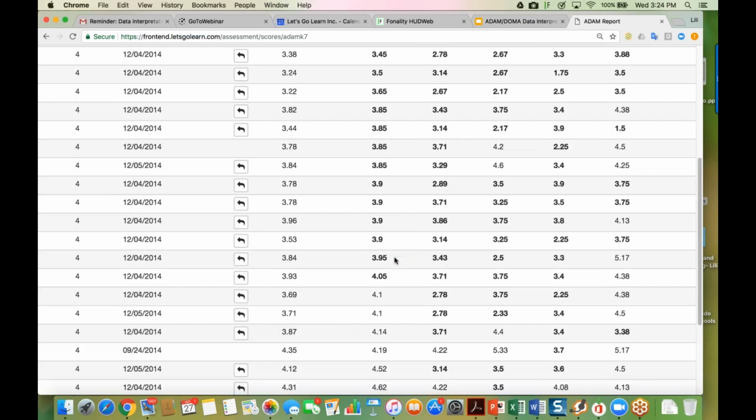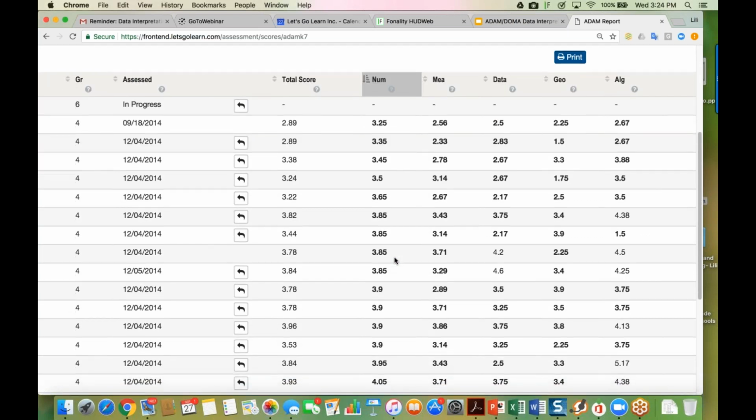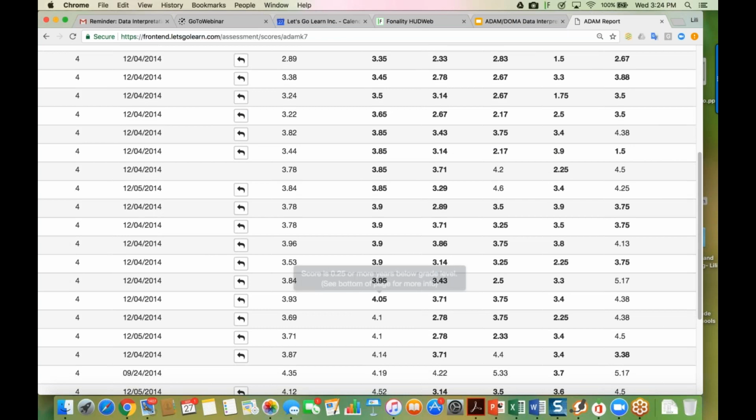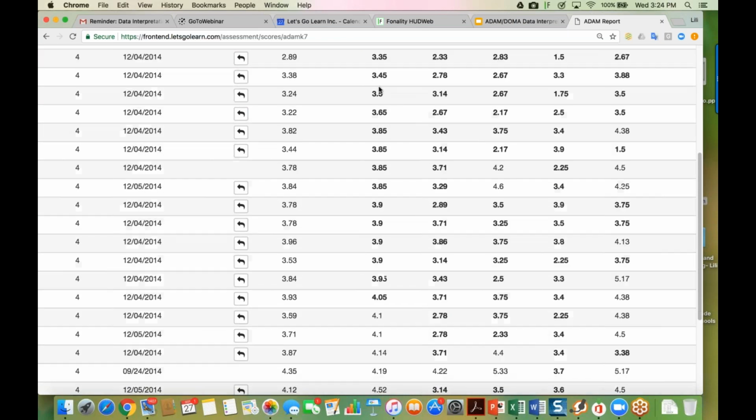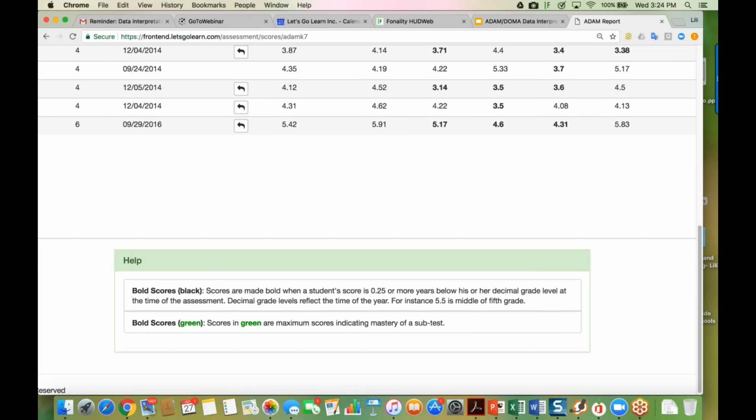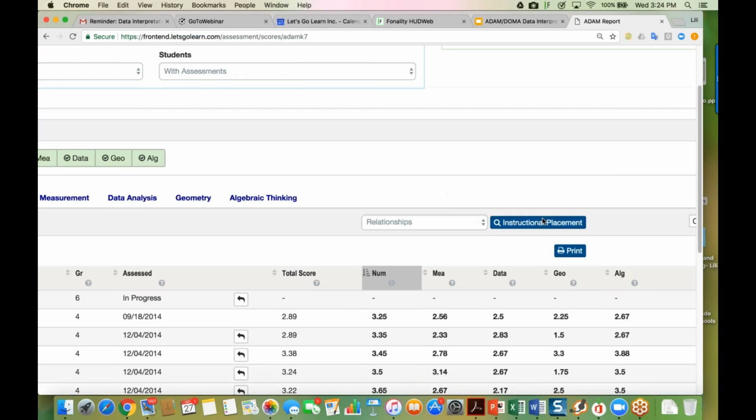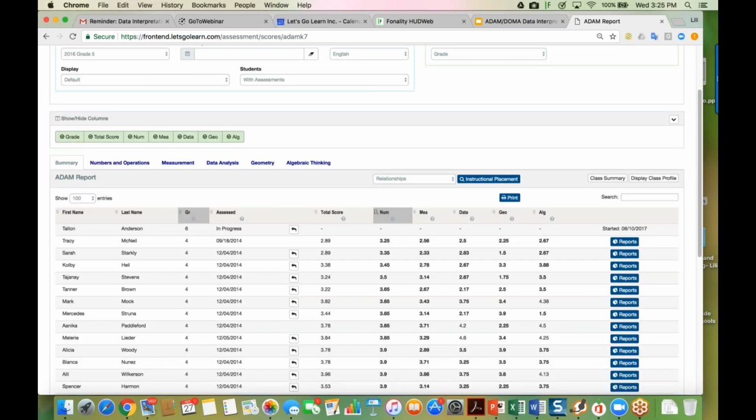Because this is a 5th grade class, or actually, some of them are 4th, it's going to highlight or blacken any of those students. And then you will see also scores in green, which we'll talk about. They're maximum scores that are indicating mastery of a subtest. So with that in mind, I'm going to go ahead and click on numbers and operations, since I know that